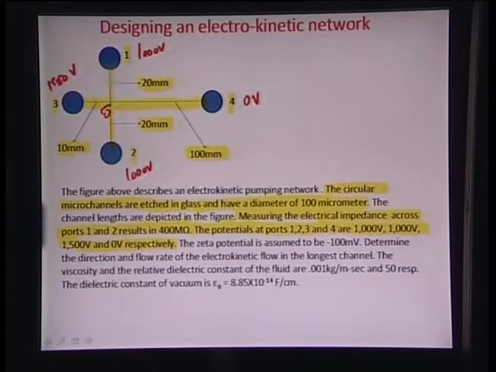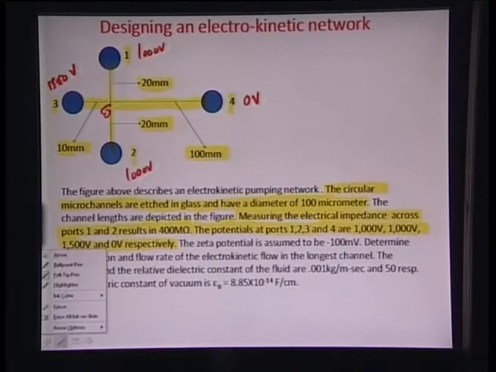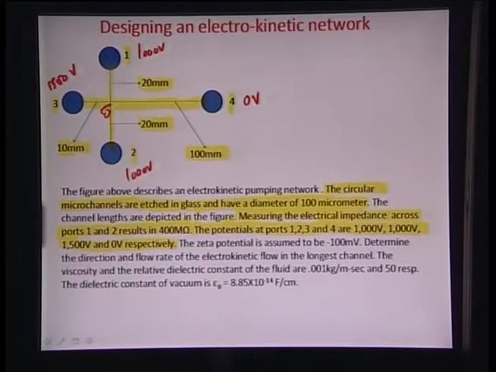And then you want to figure out what is the pumping rate or the flow rate of such a channel architecture. Some constants and parameters are given regarding the surface. Since it is glass in contact with an aqueous based solvent, zeta potential is assumed to be about minus 100 millivolts, and you have to determine